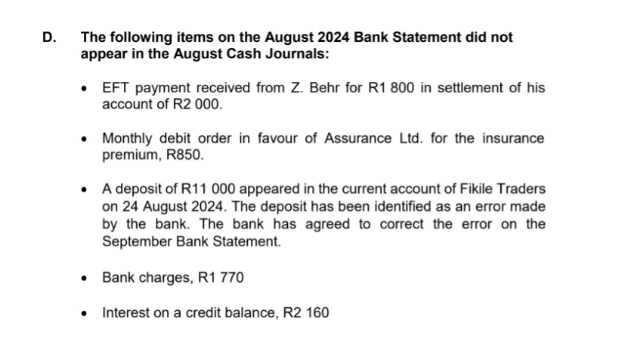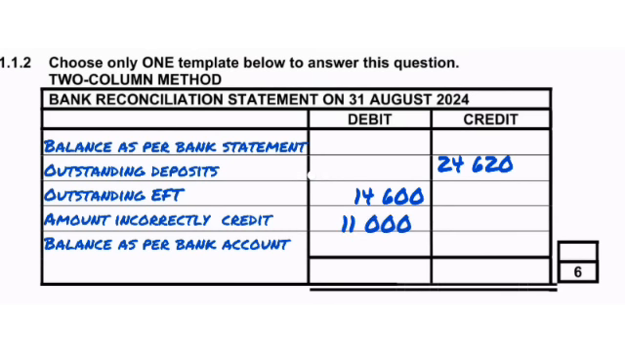Outstanding deposits credit, outstanding EFTs debit. Always, it doesn't change. And then we have that amount of 11,000 in bullet number 3 there in information D, that they said they recorded on the bank statement. This was an error by the bank. They are going to correct it in the bank statement of September, meaning the following month. So since they credited it and the error was that they credited it, our correction is going to be on